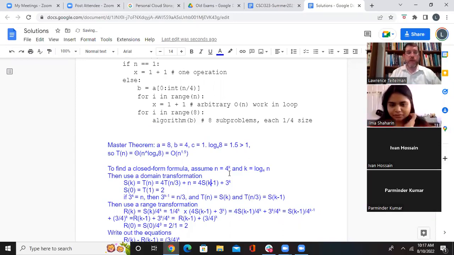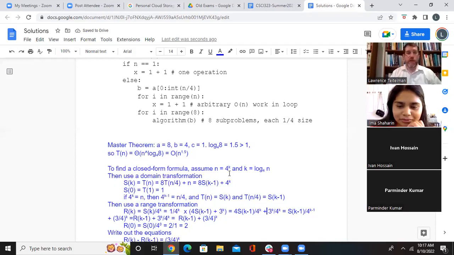Then I use a domain transformation, right? So this is going to be 8. This is going to be 4, and this is going to be 8 again, and this is going to be 4 to the k. And our initial condition was what, 1? Initial condition is 1? Yes. Okay. And I put a 4 there, and a 4 there, 4 there, and a 4 there, and that's